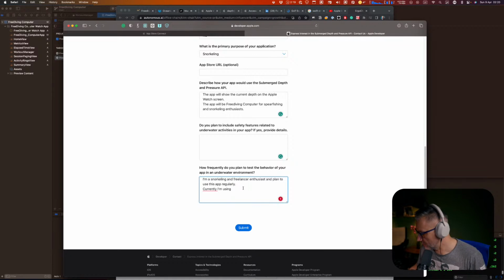Where is my old diving computer? Oh, here it is. Here is my diving computer. Currently I'm using